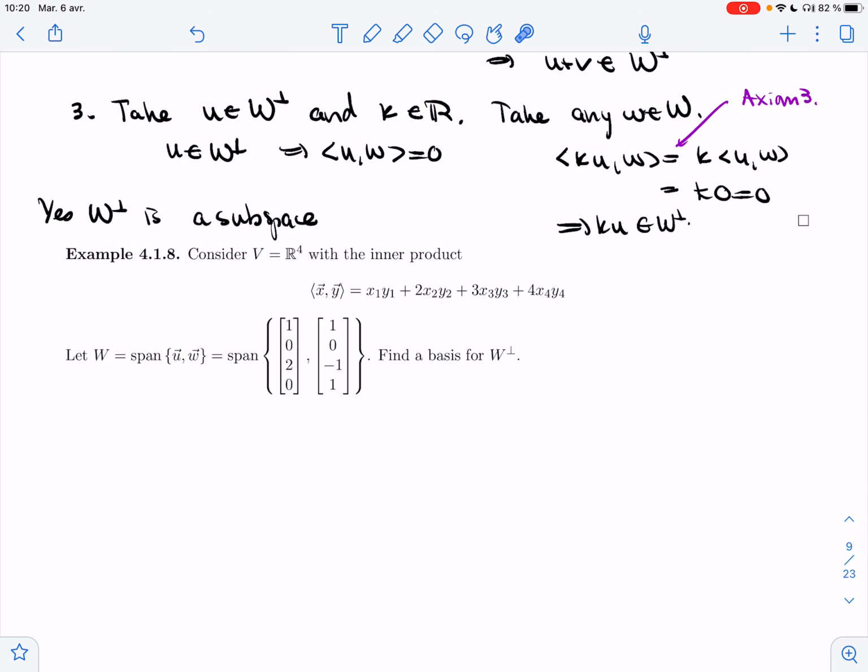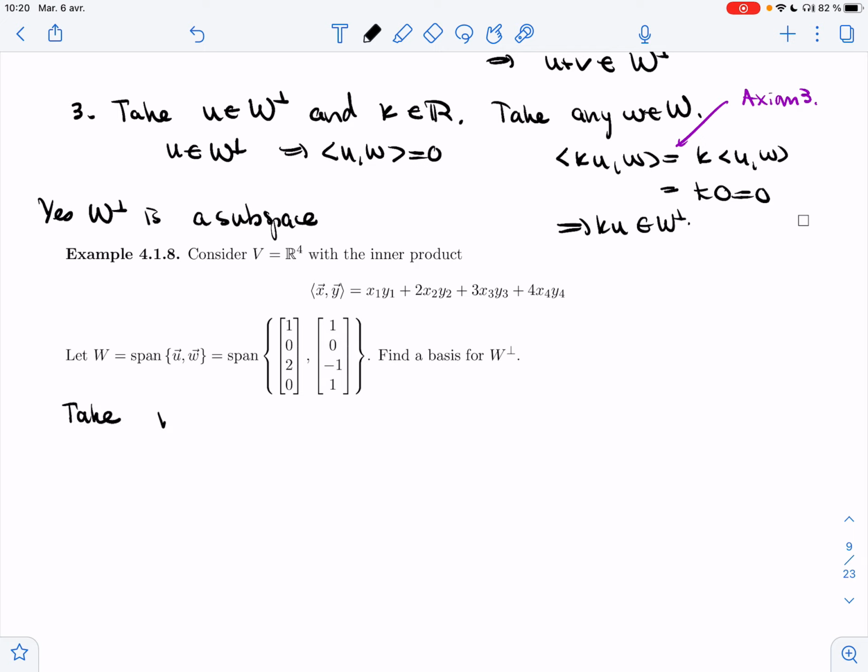So example 4.1.2, consider V equals R4 with the inner product. So close to the usual inner product, but with extra coefficients. That's close to what we've already seen. I'm going to take W to be the span of these two vectors. I want to find a basis for W perp. So I'm going to start the same way we started last time. I'm going to check